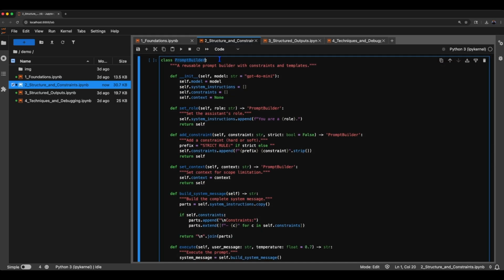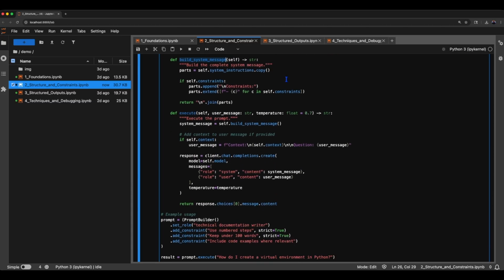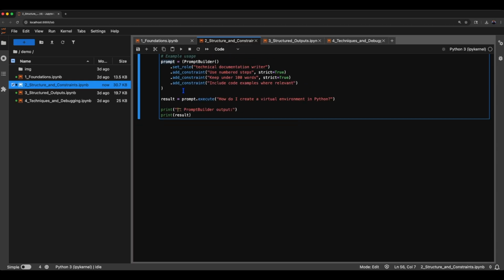Here, we'll create a prompt builder class. Then we'll set the role, add constraints, either strict or soft, optionally set the context, then build the system message, and execute. So for the example, we'll create the prompt using the prompt builder, setting the role as technical documentation